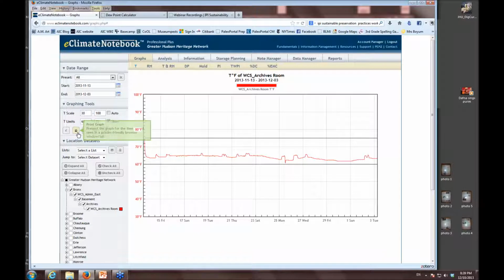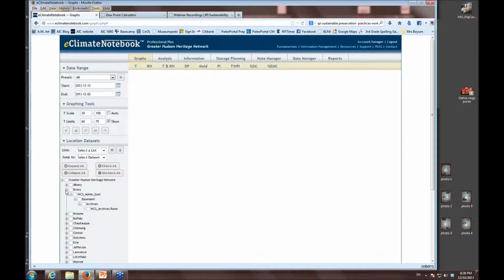You can export your data. You can print the graphs. You can make them full screen. You can email them, and you can play around with colors if IPI's color themes have not excited you. Let me uncheck the Wildlife Conservation's data, and let's take a look at somebody else's data for a minute,